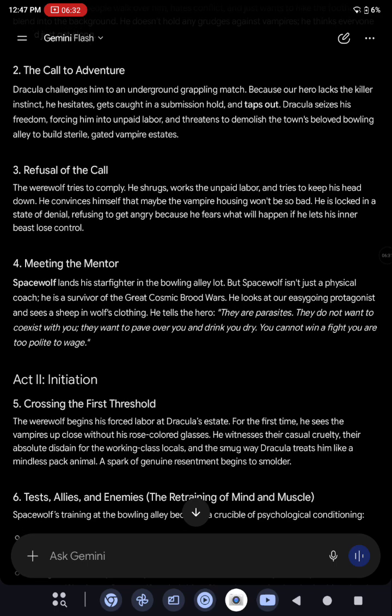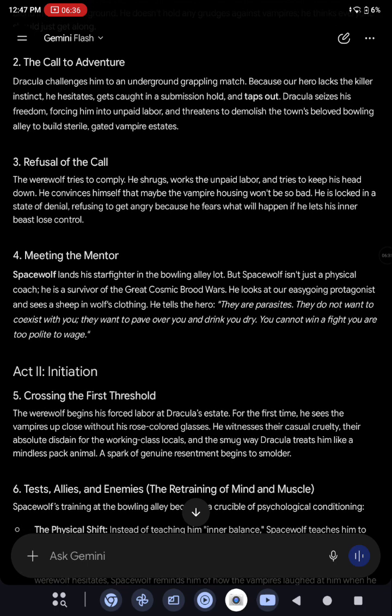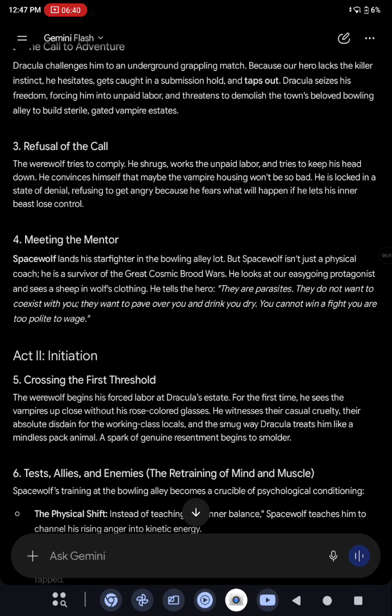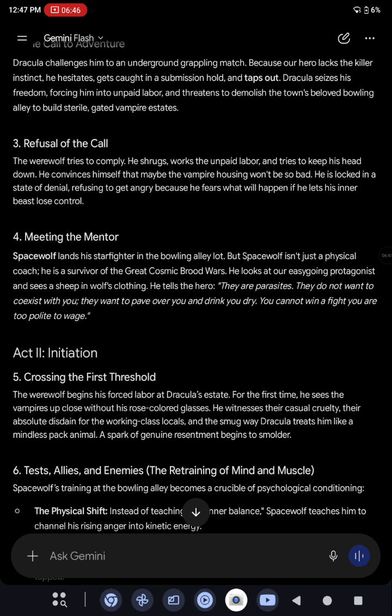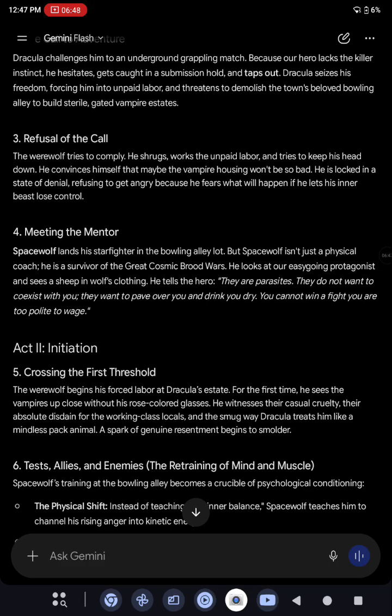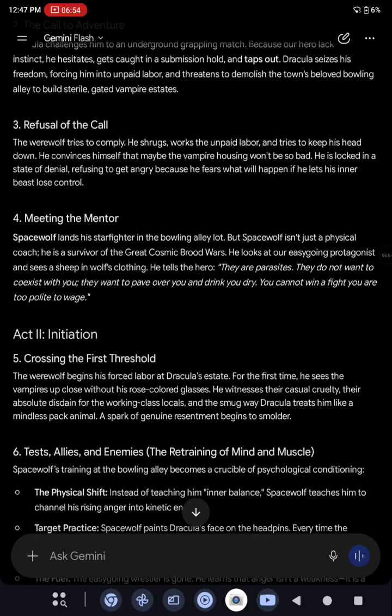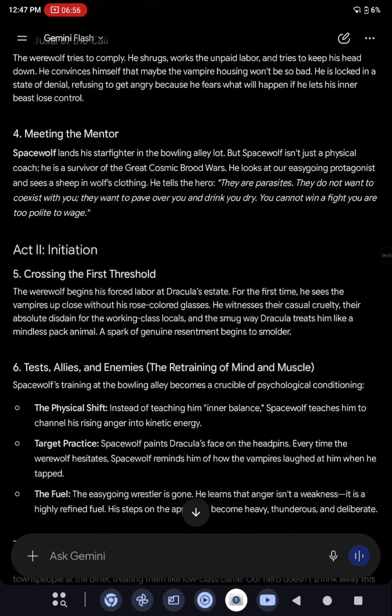Dracula then comes into town and challenges him to an underground grappling match. Because our hero lacks the killer instinct, he hesitates, gets caught in a submission hold, and taps out. Dracula seizes his freedom, forcing him into unpaid labor and threatens to demolish the town's beloved bowling alley to build sterile, gated vampire estates.